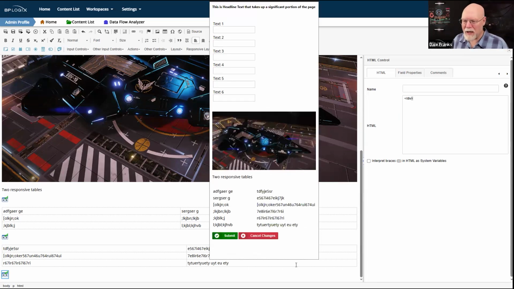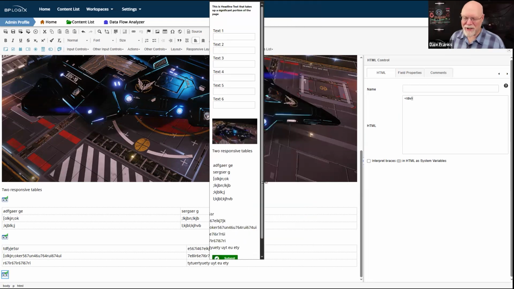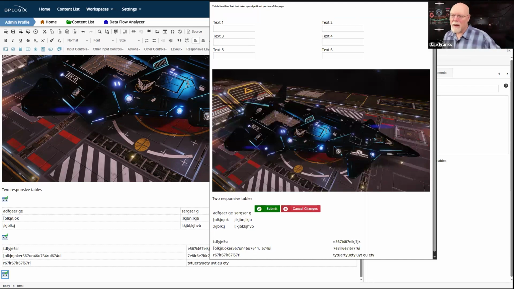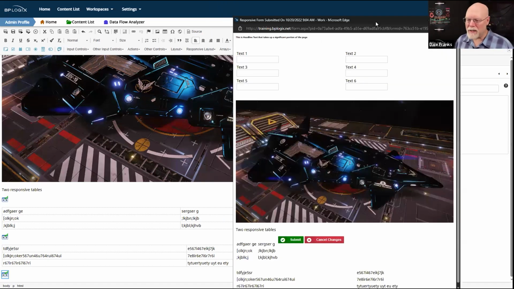Ideally, if I'm looking at it on a phone, this is what I would want to see. And it does that, although obviously, if it's an old Nokia, it'll look ugly, but nobody's still using this. But anyway, that's one set of examples of just pure responsiveness that you can put into the form.